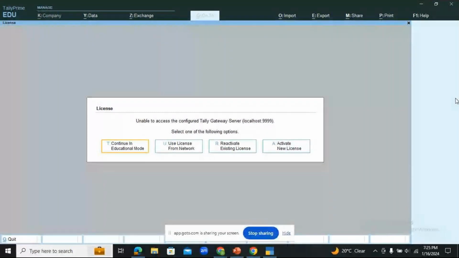Ma'am, I got: TallyPrime will start with the following settings. Click configure to change these settings. And it says configure or accept. It will show you a small dialog box as configure and settings, right? So configure accounting, what is it asking as accounting terminology? You'll be having others over there, correct?